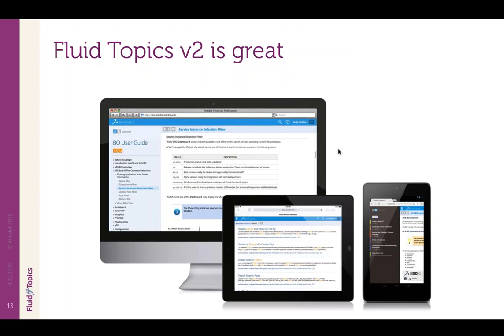So Fluid Topics version 2, the latest was 2.7, was already a game changer, full of features. Our top semantic search, embedded reader with infinite scrolling, and I'm happy to see that some have started to copy us, but also bookmarking, feedback, personal books. The list is long and our roadmap is even longer.